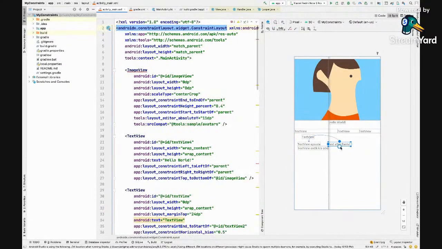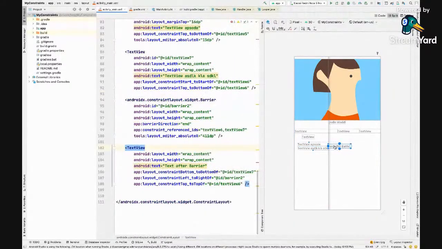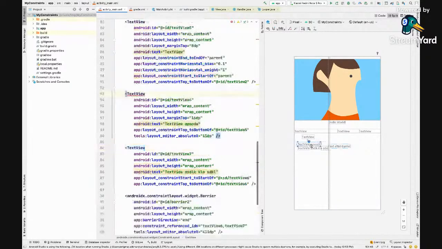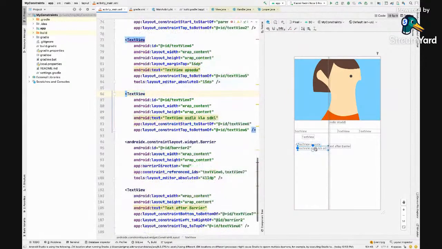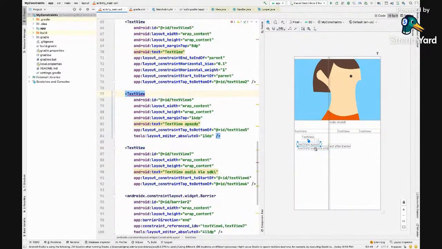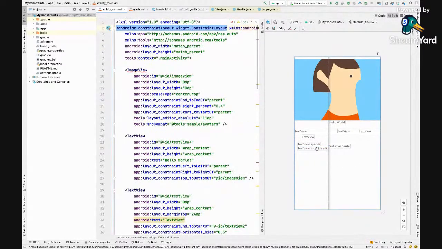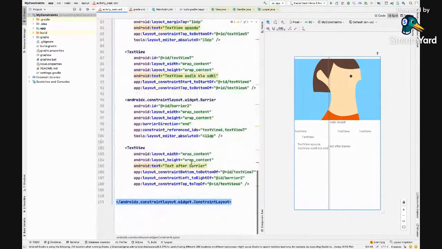So what is happening here is that if we had set this dimension, or put this view with reference to one particular view, this or this, then it would have been a problem. What if this is a smaller view, or this is a smaller view? That is what barrier is there for. You can have multiple views here, and it will take care of it for you.